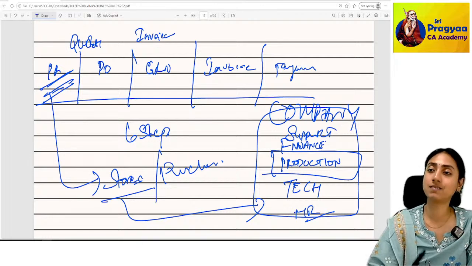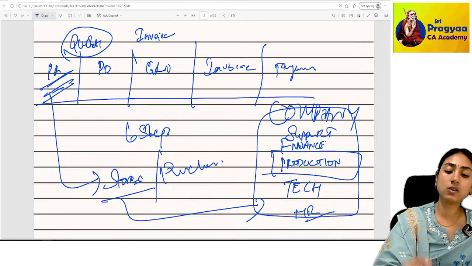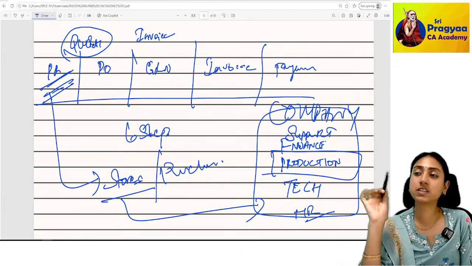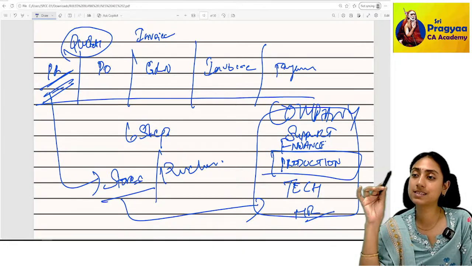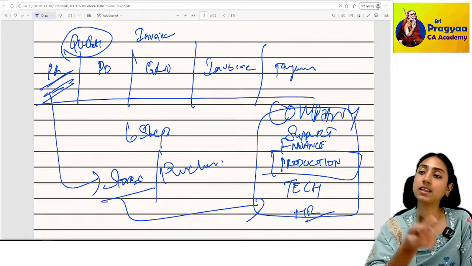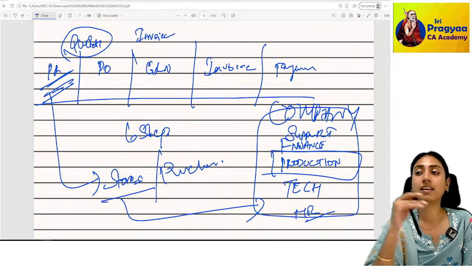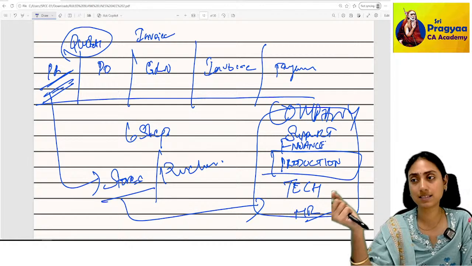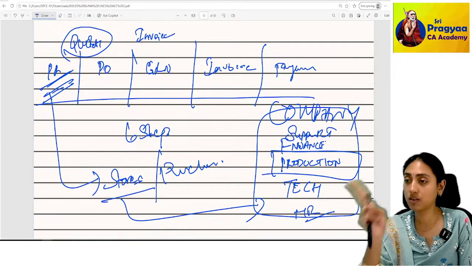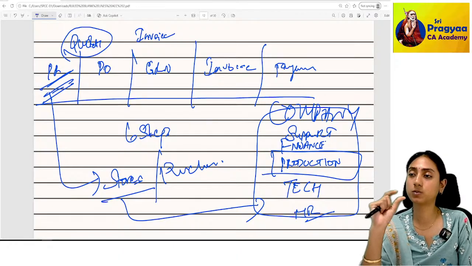Store will consider whether it is actually needed or not. And then if it is needed, it will get 3 quotations from various vendors. And then whichever is beneficial to the company, they will select that vendor. Say a vendor is going to charge me 55 for a laptop, another person is charging 53 for a laptop. I will not per se go for the 53. I will analyze why there is a difference. And if paying 2000 extra gets me an extended warranty for 2 more years, I will naturally tend to buy from the